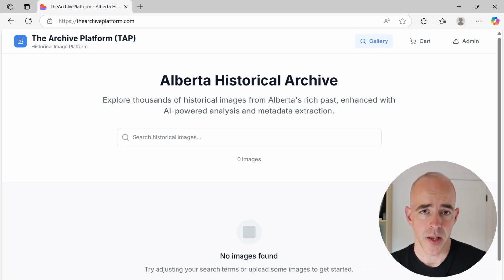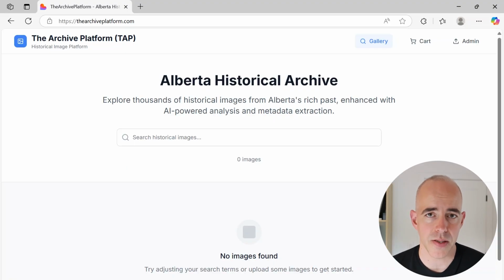And we're going to come in, we're going to take some images from Alberta's history and we're going to bring it in through this AI engine. And we're going to use AI to map out and analyze the contents of each image to build an interactive gallery so that people can search and then ultimately print or order these images themselves. But I love this as an example because it's a real world use of diving in and analyzing a ton of data. Alberta has over 2 million images in its data set, in its archives,